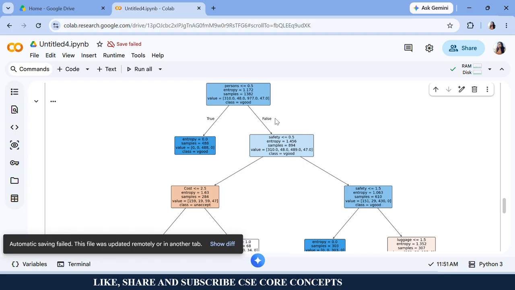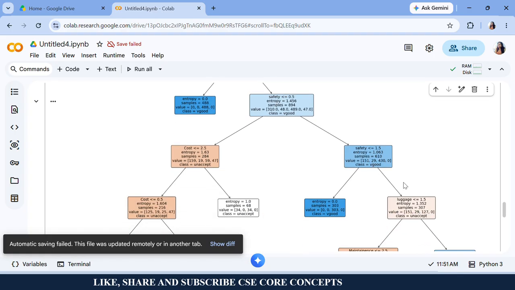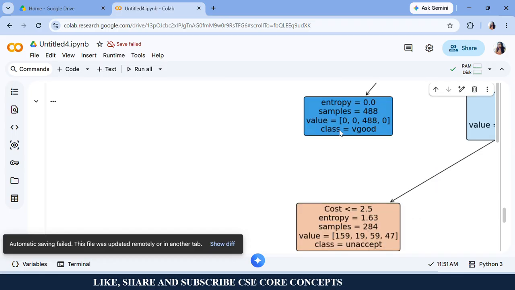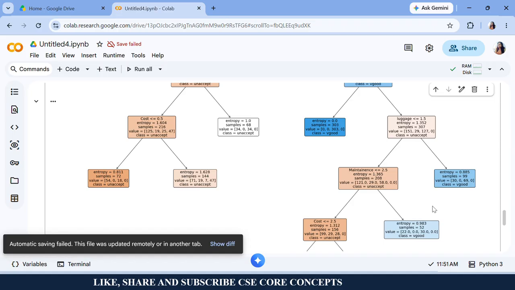The second split was based on the car class, very good. If it is not based on persons, you go for safety, and from safety you split again. Everywhere you can see how many samples there are. We have said minimum 150, and you can see here there are 488 samples and so on. This is how it looks.